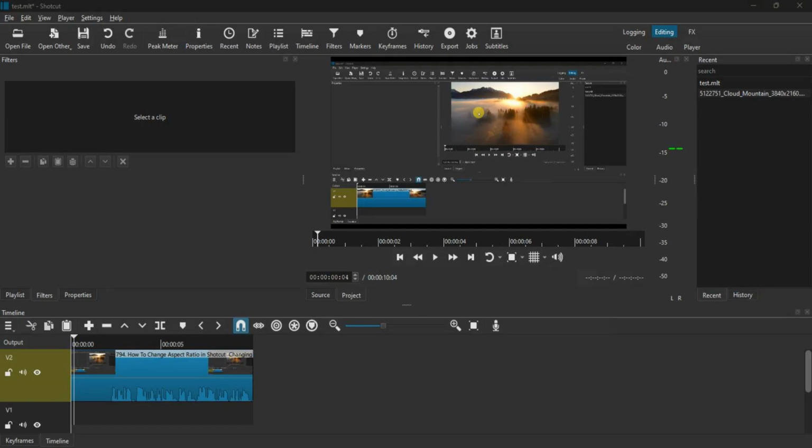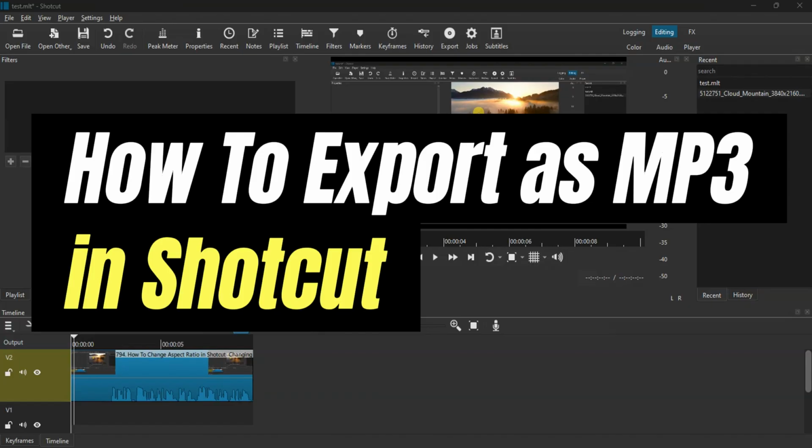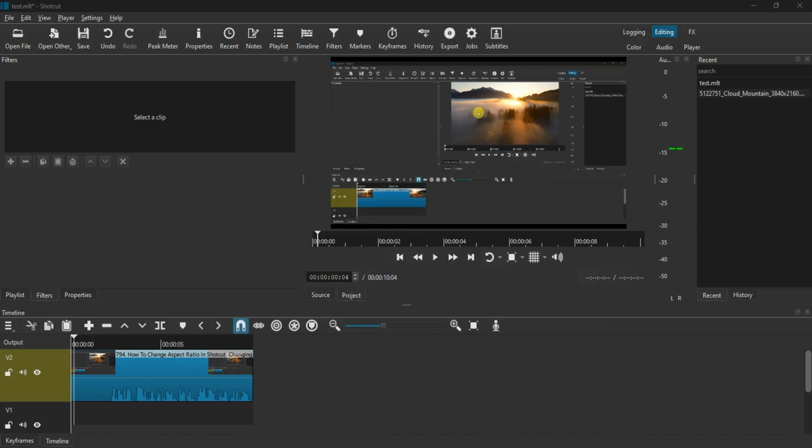In today's video, we'll learn how to export as MP3 in Shotcut, render only audio, Shotcut tutorial. So for us to be able to do so, let's open Shotcut first onto your device. And once you're already in, just choose in the project when you want to go ahead and export as an MP3. So I have here a sample video or clip already added onto my project,